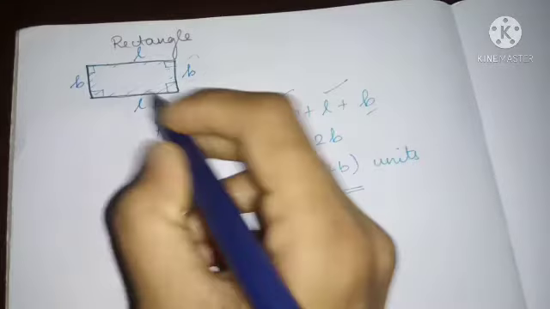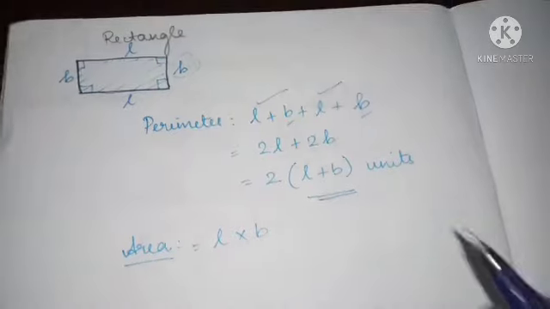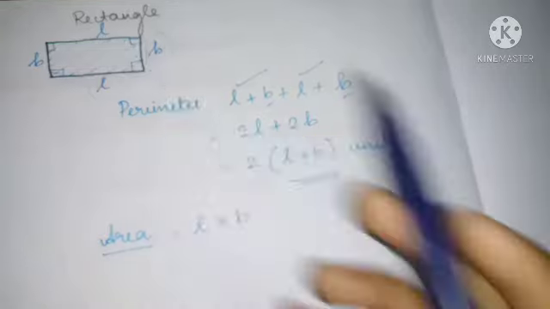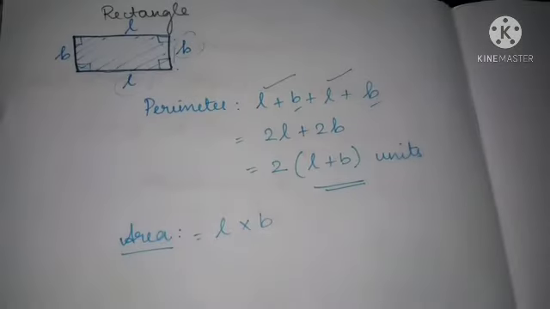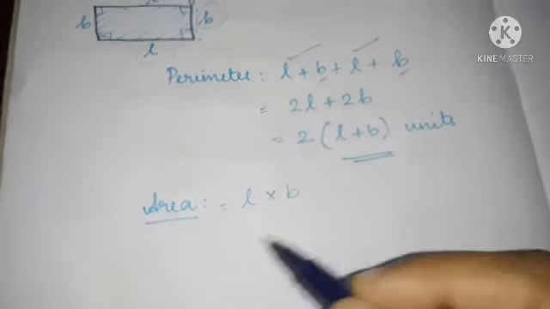What is this side called? L into B. This region fully you are going to cover. If you multiply these two sides, you will get the area. So area we are getting as length into breadth